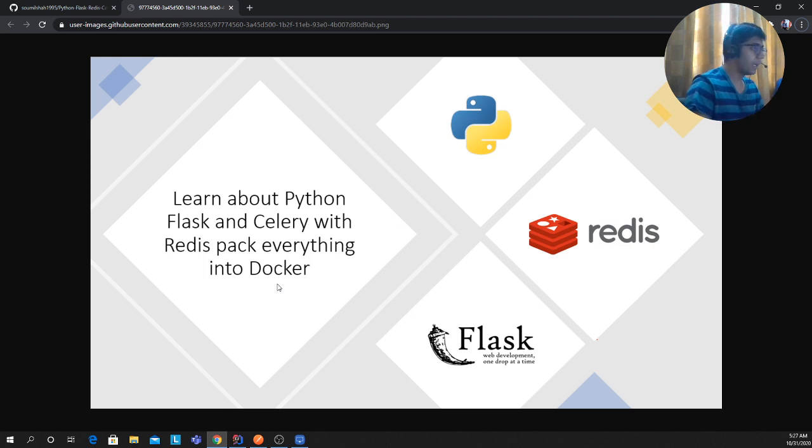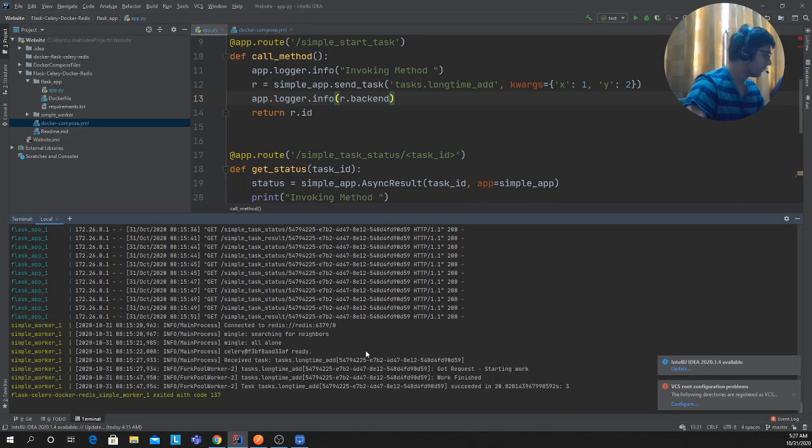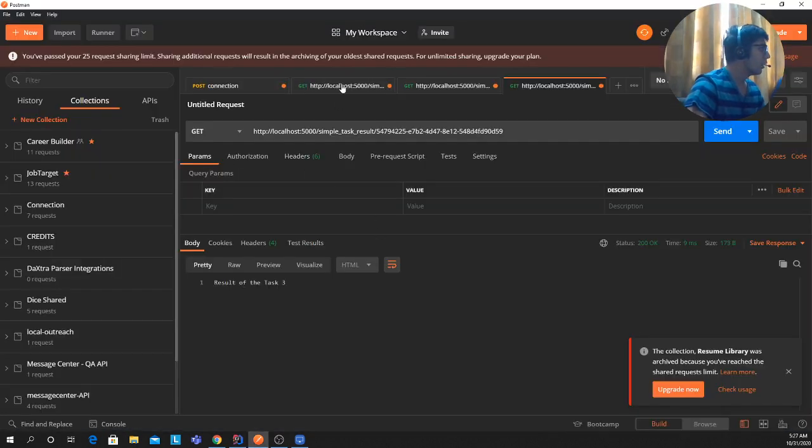I have my iPad up. I'm going to draw some diagrams, and I have a pretty nice example. So first of all, let's see what we are about to make in this tutorial, what we are about to learn. If you see, when I make a request to that API, I get a task ID. So we are doing an async, right? So we get a task ID.